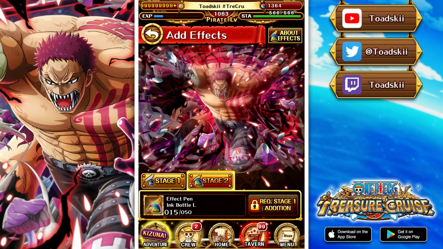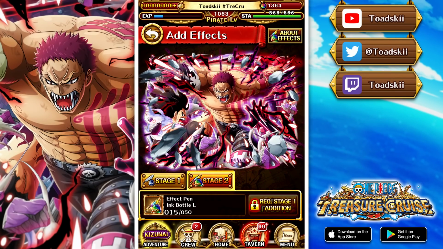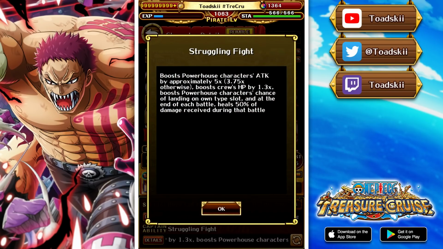So artwork obviously looks amazing, and before we get into the actual video, I want to discuss all of his abilities just so you guys know what he actually does before we head into it. So Katakuri is a quick powerhouse fighter character, obviously superclass, one of the first superclass characters to release in the game, with a captain ability that will boost powerhouse characters' attack by 5 times and then boost all other characters'